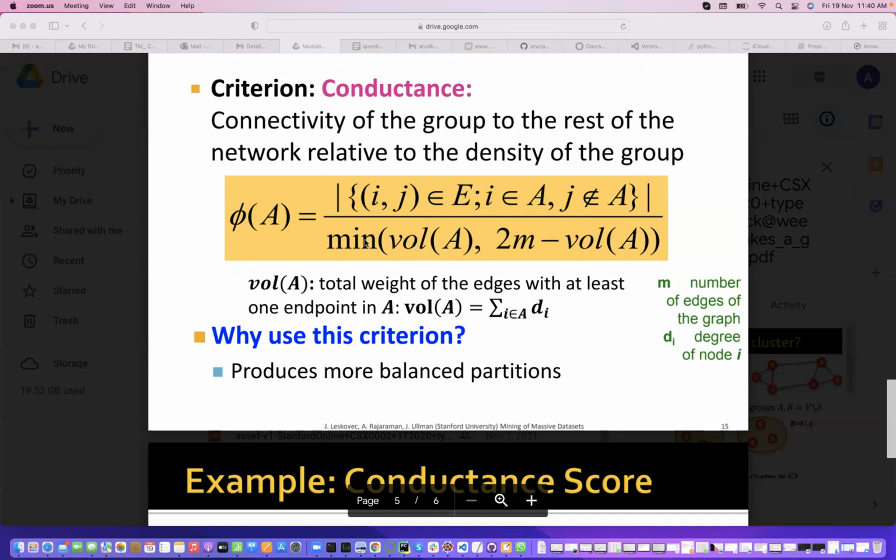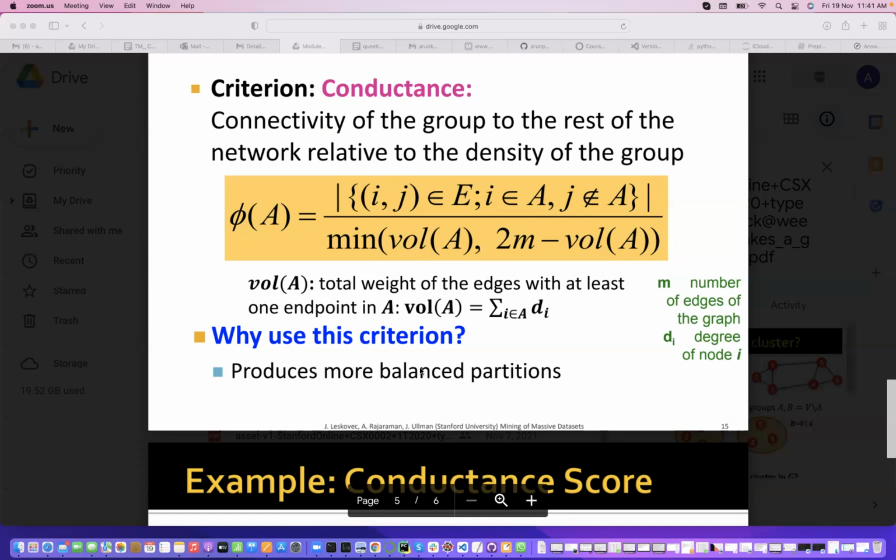No, this pi A will become, yeah. So when you have a partition which will not make the minimum more on both sides, then your pi A score depends on the denominator. If the denominator is more, the pi A score is less, provided your minimum is more. If your denominator is less, the pi A score will be high. That will be based on whether your minimum is a small value or not in both of these two.